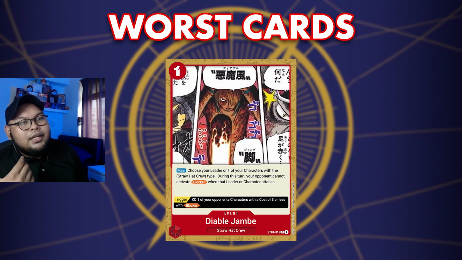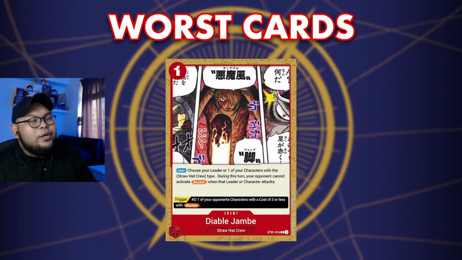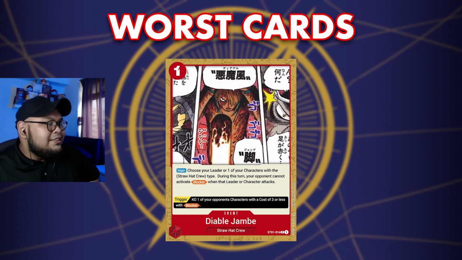So if you're attacking into like a specific character card that you really want to get rid of, let's say like your opponent has a Queen that is rested on the side of the field and you want to get rid of that blocker because it's gonna be a problem for you in the future, you use this card to make sure that one of your cards is unblockable, and that's about it. So it works if your opponent has a lot of blockers on his side of the field, and if the trigger effect happens and you can KO up to one of your opponent's 3 or less character cards with blocker,